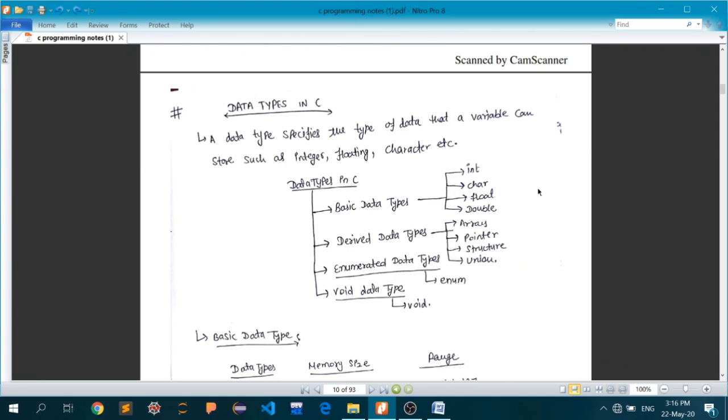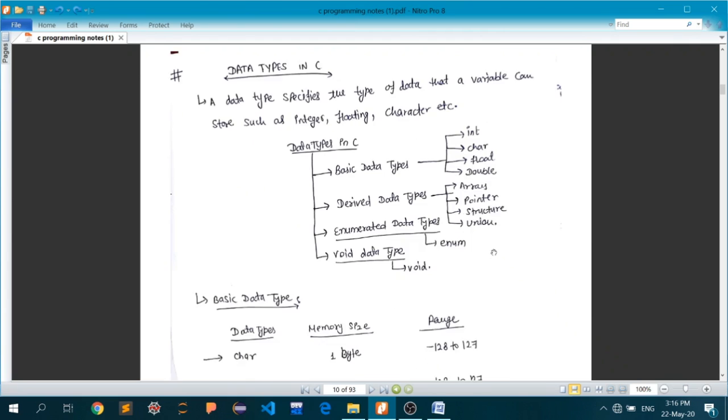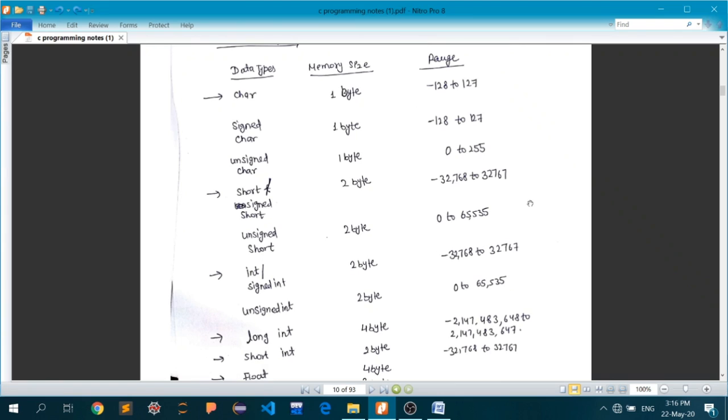Okay, we are done with all these. I think we have discussed enough. One thing left is the range of the data types. Now, range and memory size. Don't worry about the ranges for the characters. You only have to remember the memory size.